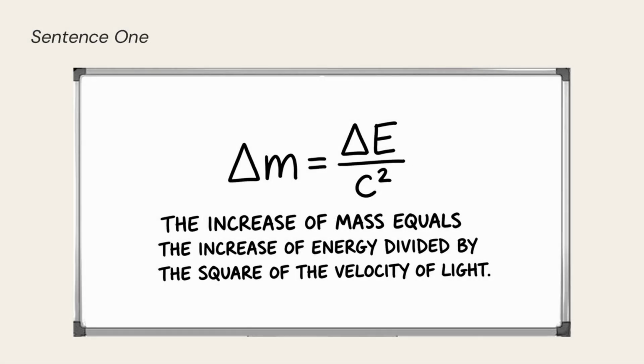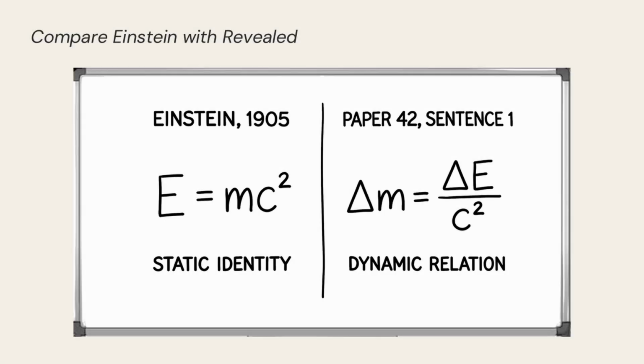Expressed symbolically, delta m equals delta E divided by c squared. The increase of mass equals the increase of energy divided by the square of the velocity of light. This is a dynamic relationship, a description of what happens when energy is added to a material system, not a